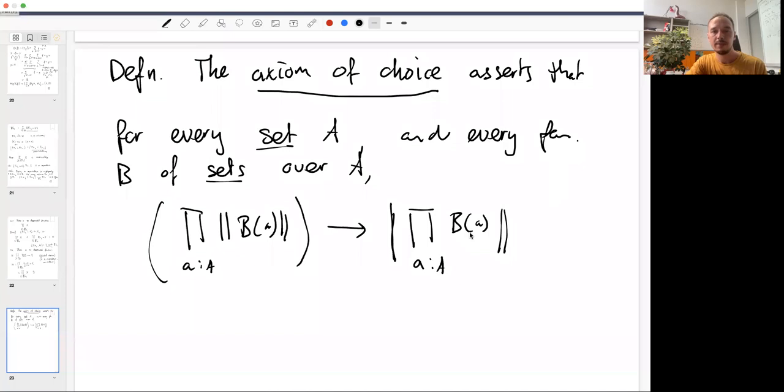And we can immediately see that if we didn't assume that A is a set, then we can construct a counterexample using the BS2 again. So now if we take A to be BS2 and B of x to be x itself, so x in BS2 and then merely x. So of course, every two-element type is inhabited, but we have shown that this type here is empty. So then it doesn't matter if you take the propositional truncation, it will remain empty.